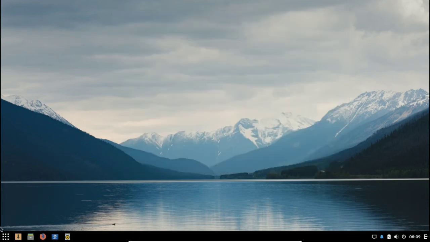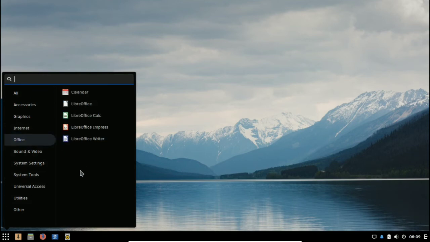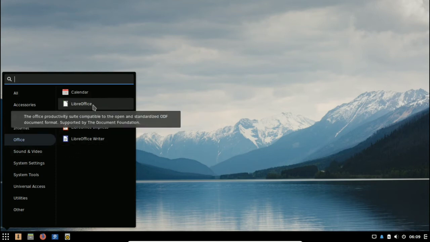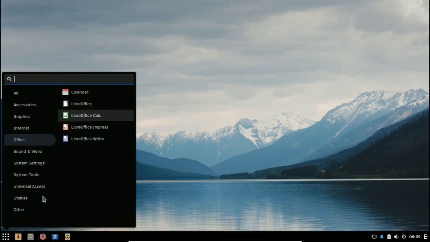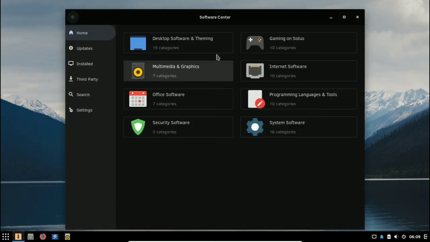let us move on. Now it does say that for Office users it does ship with LibreOffice. So if we go here, as we can see, if we go to Office here, you can see we have our advanced text editor, which is LibreOffice here. But then obviously, as I said, you can always go to the package manager and search for an alternative to this